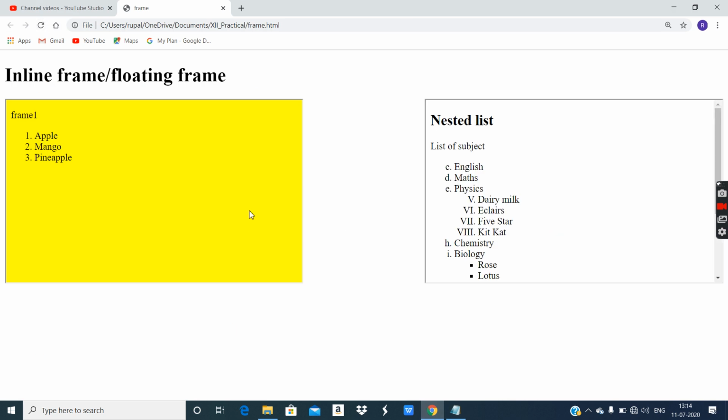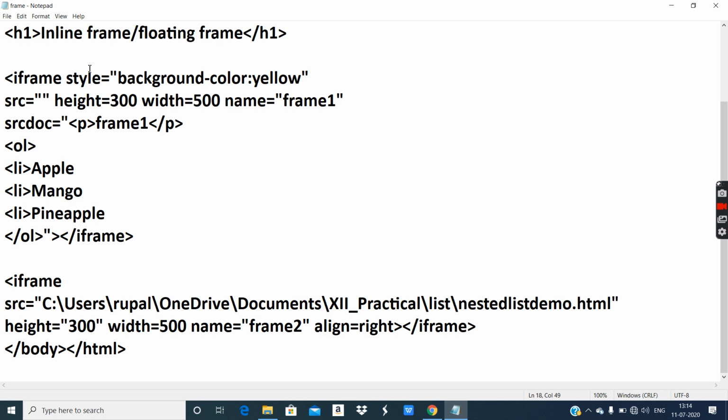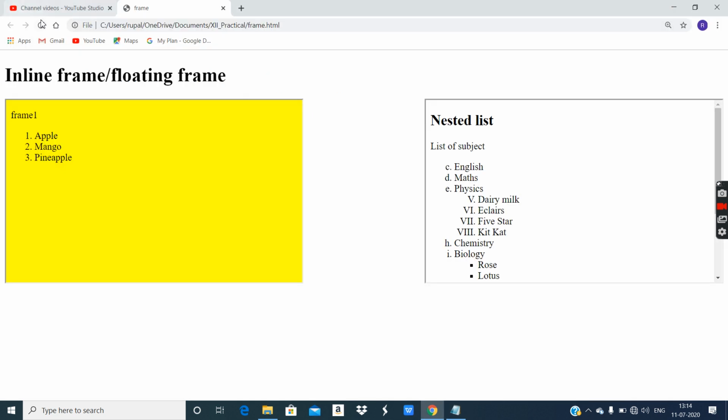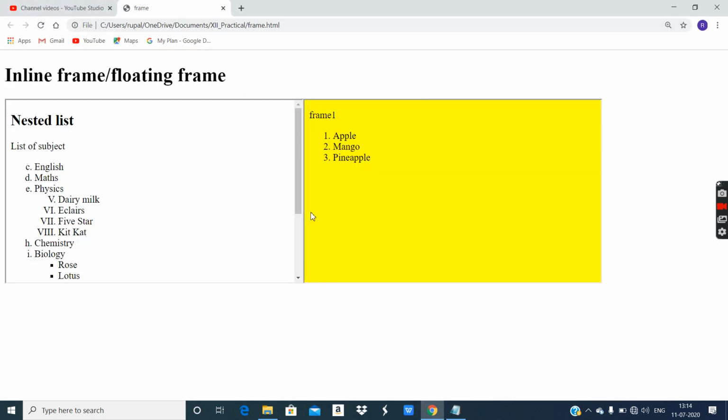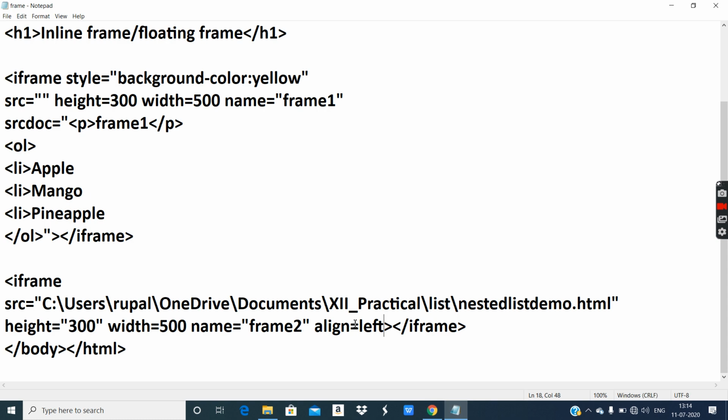There were a lot of spaces, so it shifted in the right direction. But by default, the alignment is always left. Now, what happens when I give left? Okay, so that shifted to left, it came to the left direction. What happens in center?